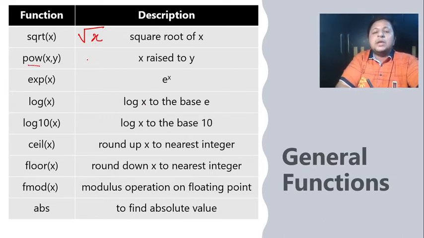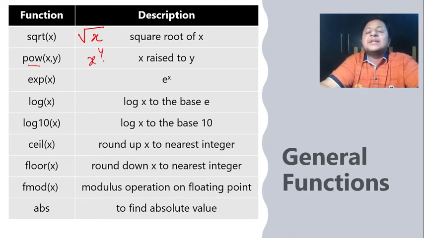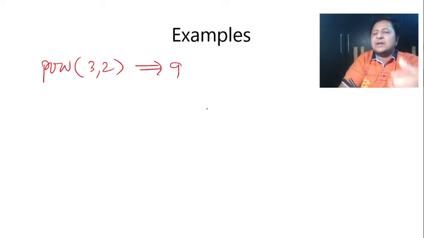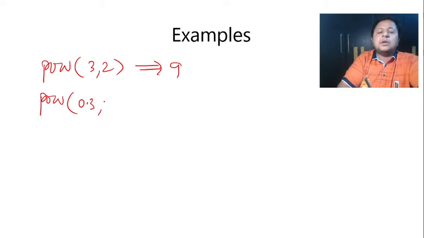The pow function is going to be used for calculation of power x raised to y. So pow(x, y) is going to give you that. Again, here we have no restriction of x being integer or y being integer, nothing like that. I can very well have x and y both as float or real numbers. For example, suppose I do pow(3, 2). Obviously, I'll be getting 9, or rather 9.000, because it gives you the answer in a real form or in a double form, as you will see later on. But I can also have pow(0.3, 2), which is going to give you the answer as 0.09.